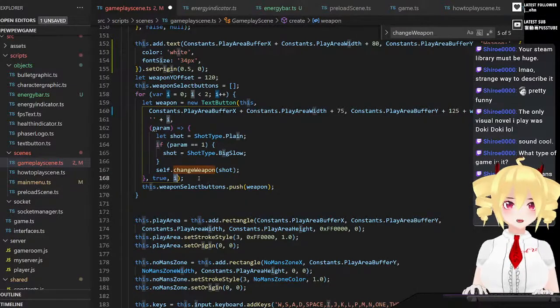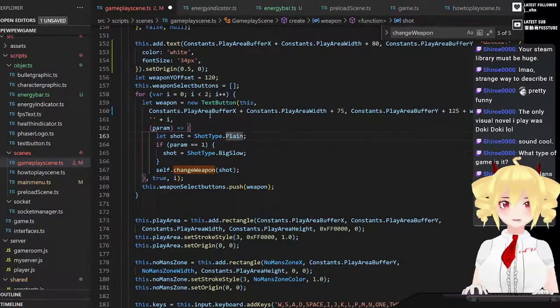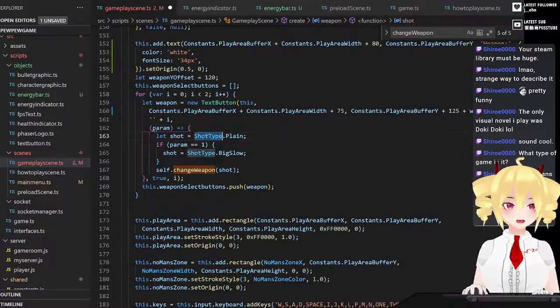So let's see. Rather than do a loop, maybe I just want to individually make them, because it's kind of annoying. Oh, I know what. Yeah, my loop. I should just, that's what I should do. So we'll start at